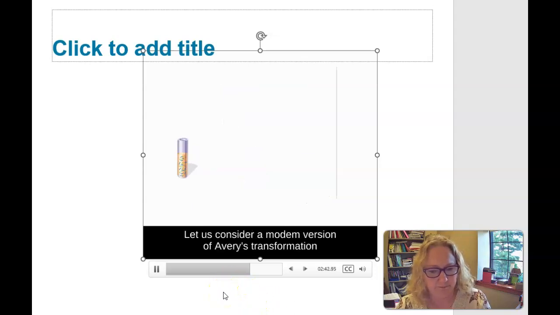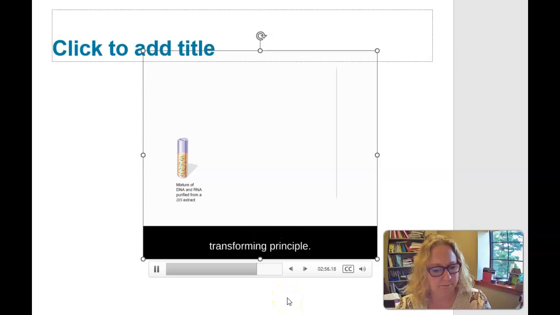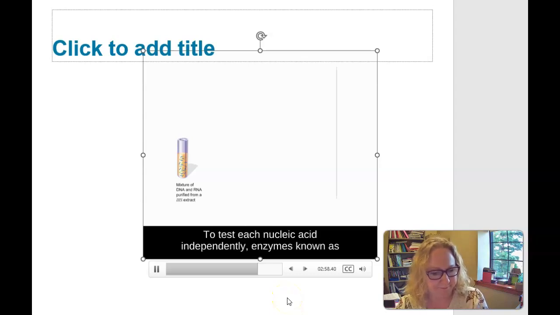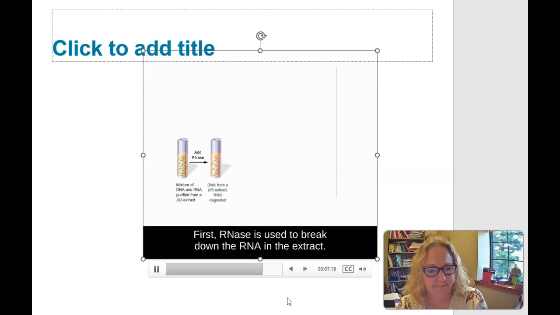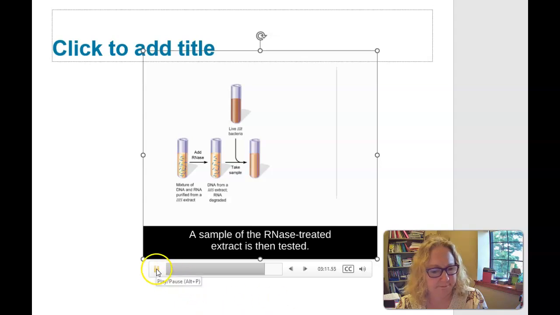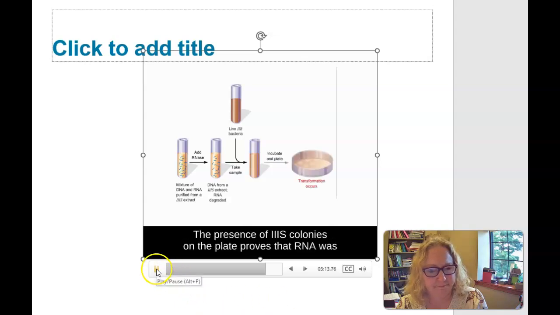Let us consider a modern version of Avery's transformation experiment where we start with a mixture of DNA and RNA purified from a 3S extract. We know that either DNA or RNA must be the transforming principle. To test each nucleic acid independently, enzymes known as nucleases are used. First, RNase is used to break down the RNA in the extract. A sample of the RNase-treated extract is then tested. The presence of 3S colonies